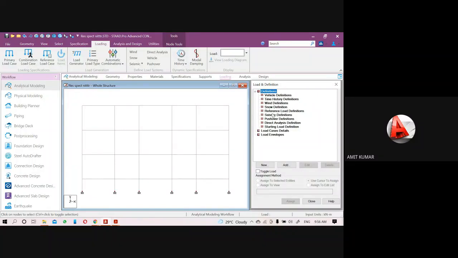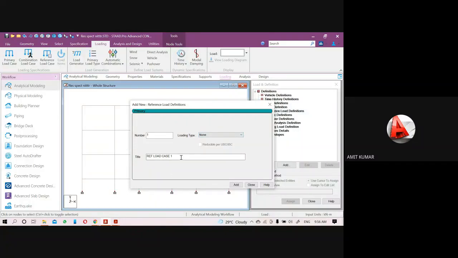Okay, so this reference load will help you to reduce your work. Just see how I will give this reference load. Before giving any other load case like seismic or wind, I will give the reference load first. So select the reference load definition here, click on the add, then select the loading type as none and provide the title name dead. I have to define the dead load only once here, and then whenever this dead load or live load will be required, I just pick reference load number one or load number two according to the need, and then this load will be repeated. Okay, we can say it is a kind of repeat load also.